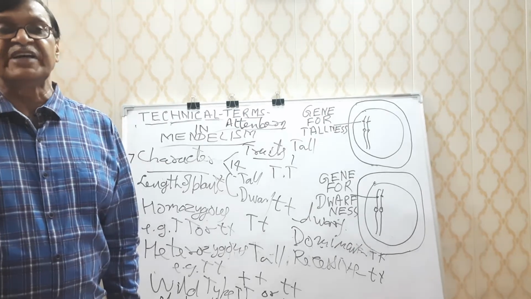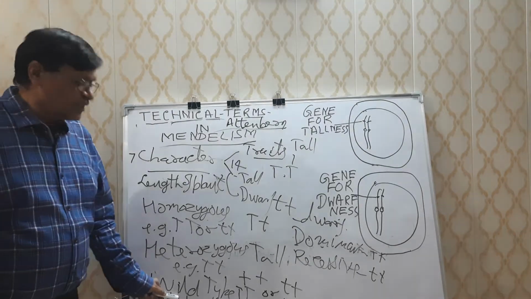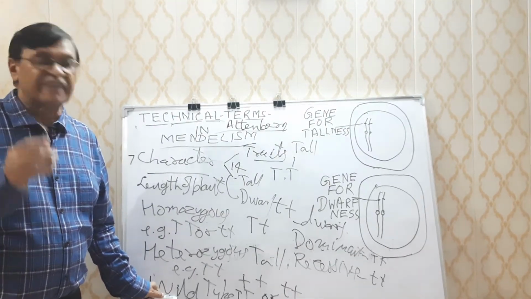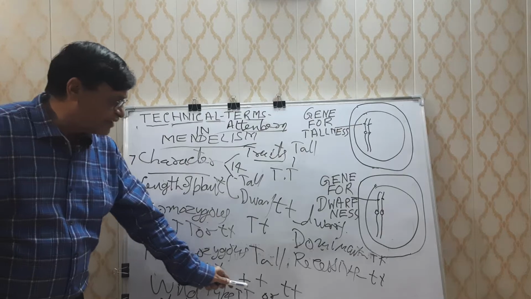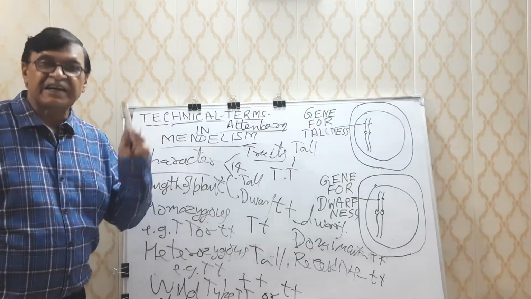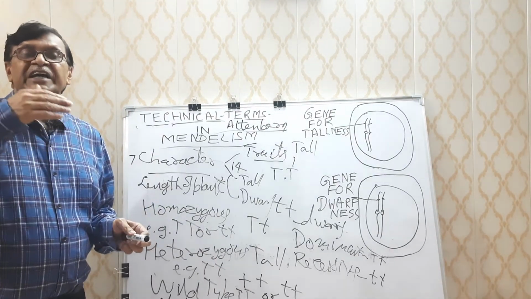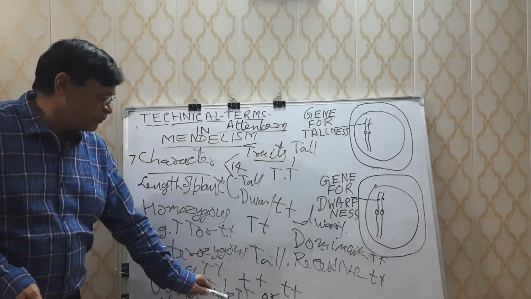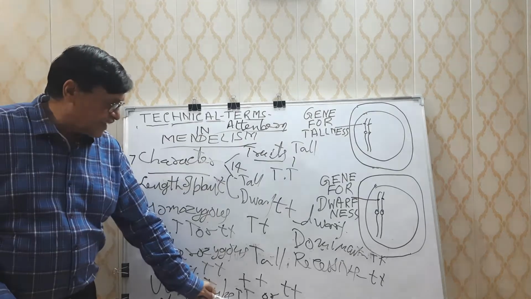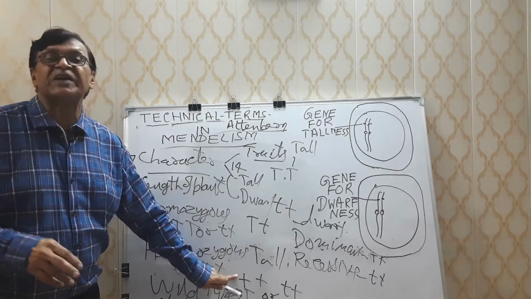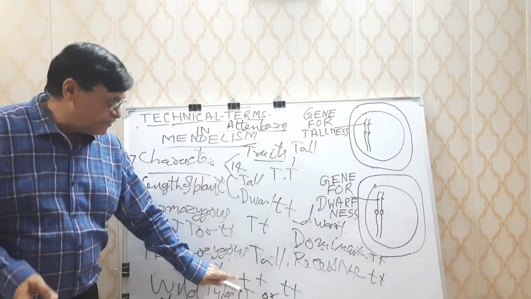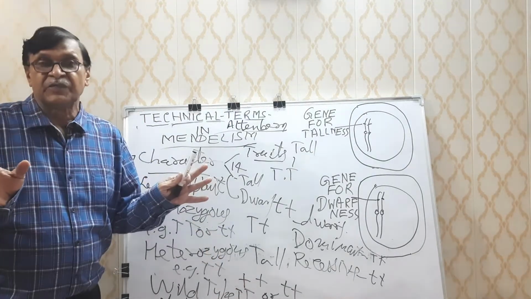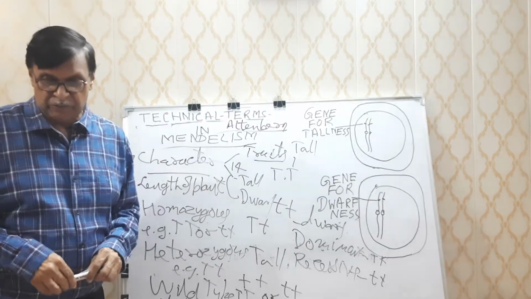that depiction of a capital letter and a small letter is insufficient. So here the character which is present from the very beginning in the population is called wild type, and it is indicated by the symbol ++. The other, which has evolved after mutation in the population, is called mutant type. Sometimes this mutant type may be dominant and this ++ may be recessive. Sometimes this mutant may be recessive and this ++ may be dominant. So this is Altenberg's terminology.